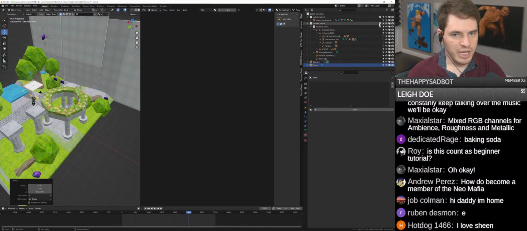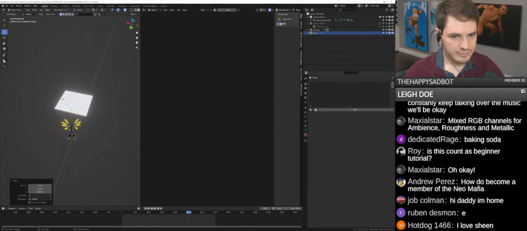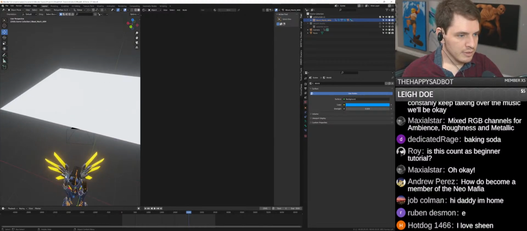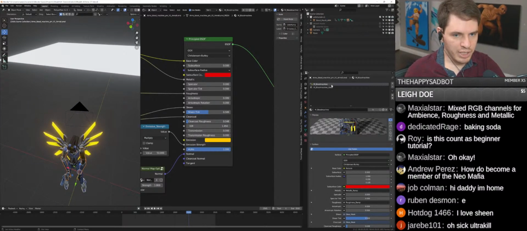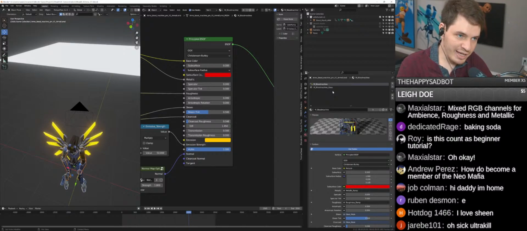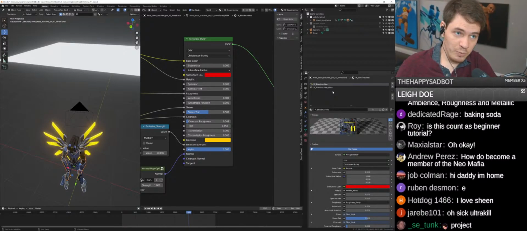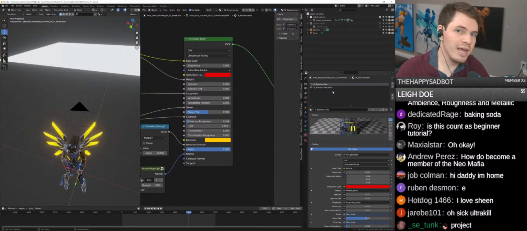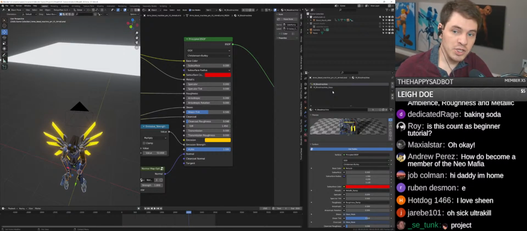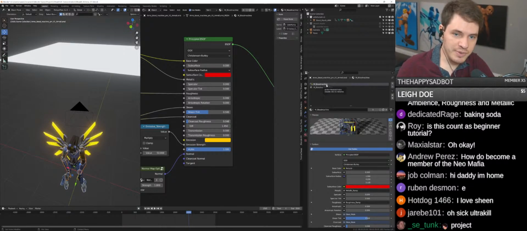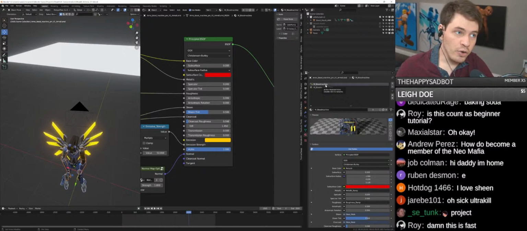I'm going to hide my set for now, just so I don't have to look at that. So my 2 materials are M Blood Machine and M Blood Machine Glass. It's also important at this stage, or when you're beginning, which would be way more useful for your time, to set up material names from the get-go, because that's going to be important for when you're importing in your FBXs